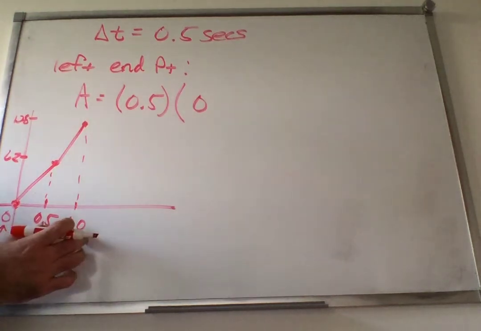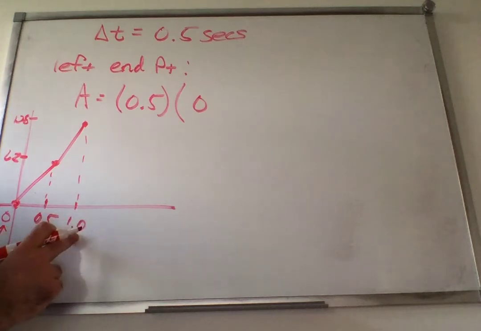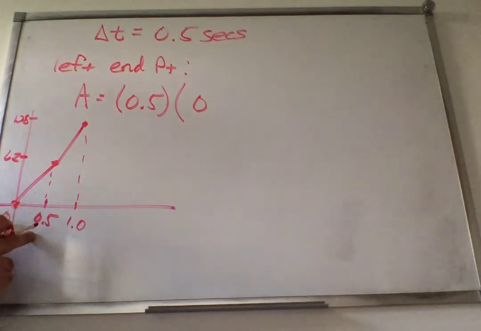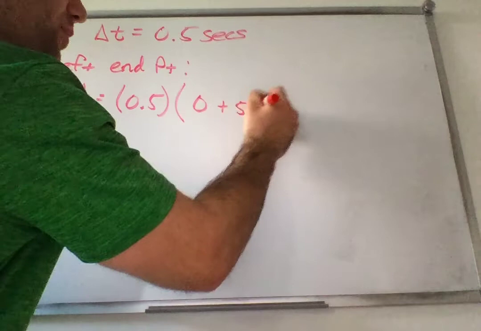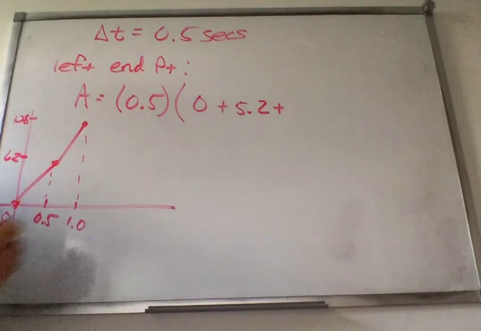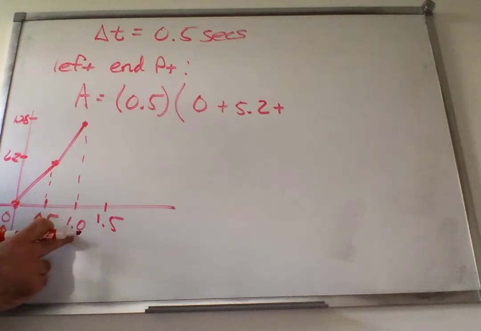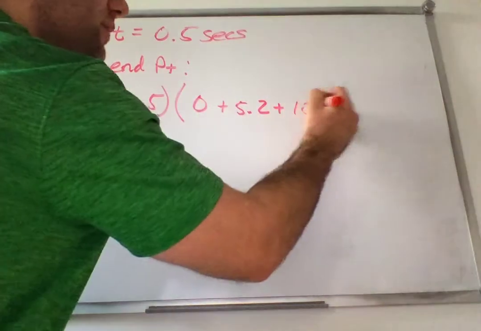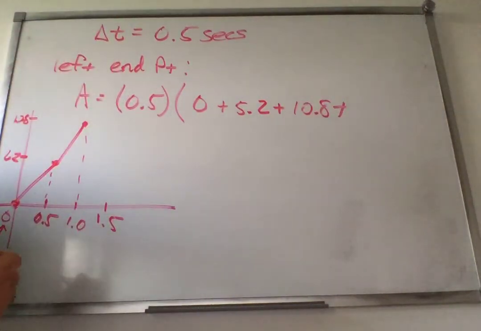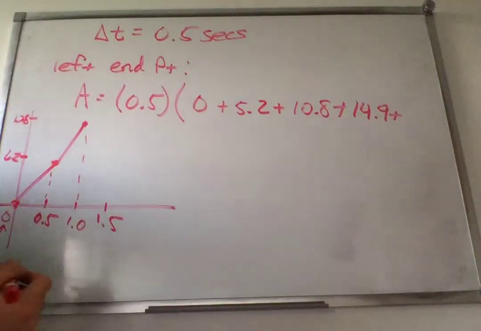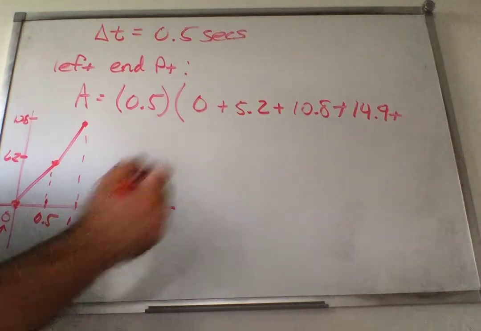Now if I go between 0.5 and 1.0, and I'm looking at the table, I'm going to pick the left endpoint. So I need the velocity from the left endpoint, plus 5.2. You do the next one for 1.5. I'm going to pick the velocity for 1. Out of those two, I'm always picking the one on the left. So this is going to be 10.8, plus the next one is 14.9, plus the next one, let's see, 18.1,